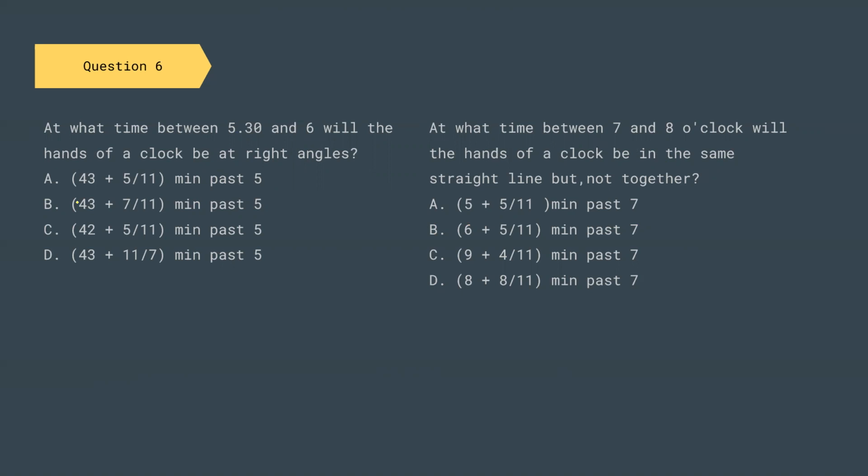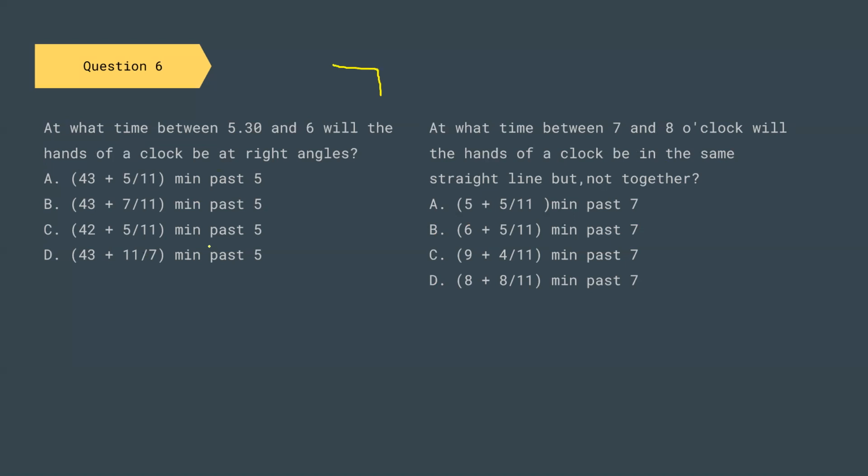So we have a clock. They are asking us between 5:30 and 6 at what time the hands of the clock will be at right angles. So we know that by the time it is inching towards 6 p.m., the hands of the clock will be something like that. This will not be at exactly 90 degrees at 45 minutes past 5. So we have to find out at what time the hands of the clock will be at right angle. Let us see how we can approach this question. Let us start thinking.